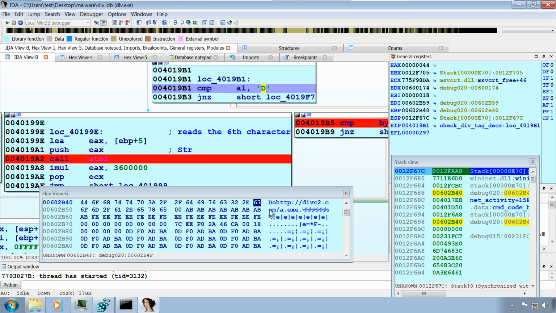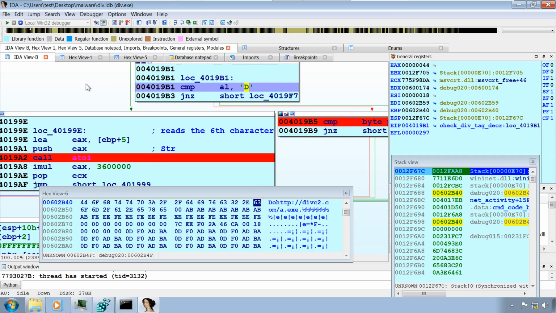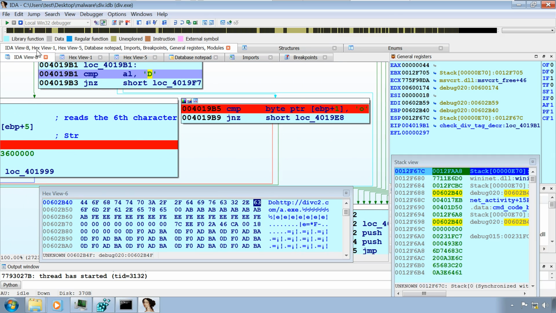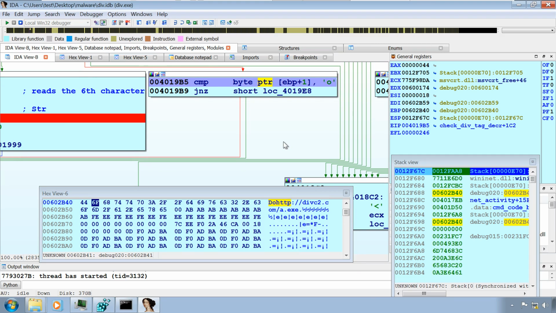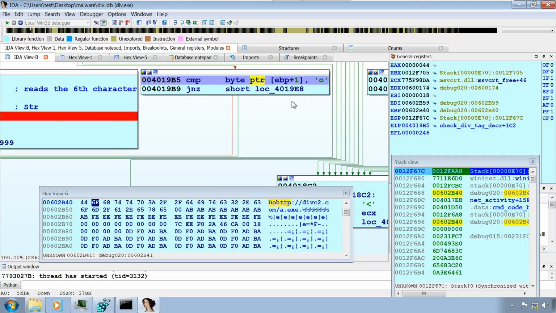Okay, in this case it is capital D. Then if it is capital D, what it will do is check if the next character is small case o. Okay, in this case it is o. So now let's see what the malware does. In this case, if the first character is D and the second character is o, what it will do